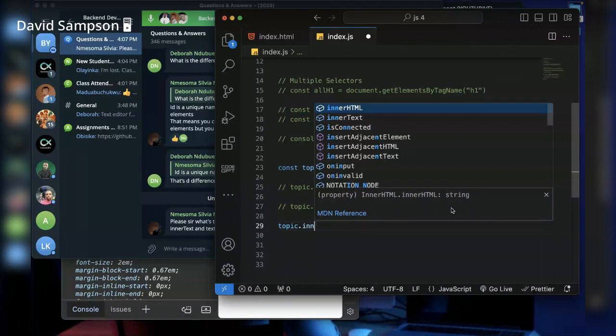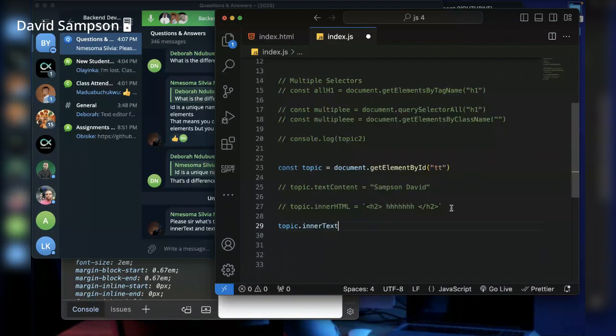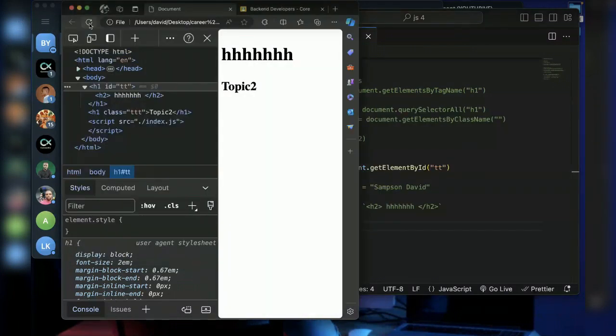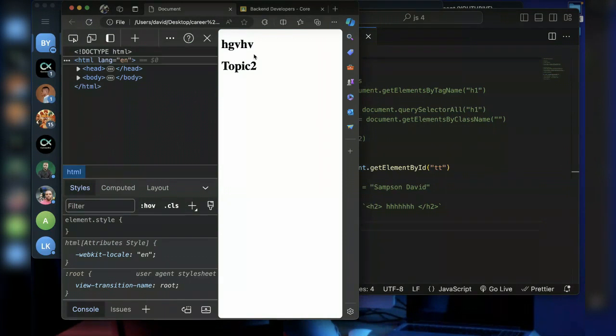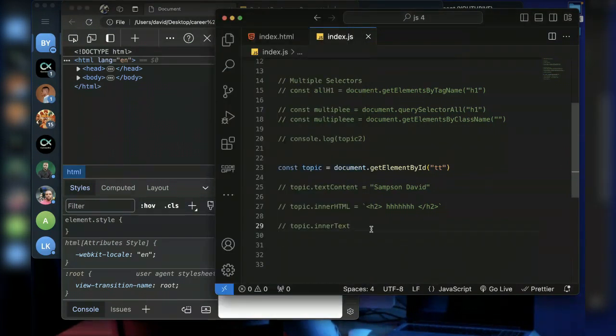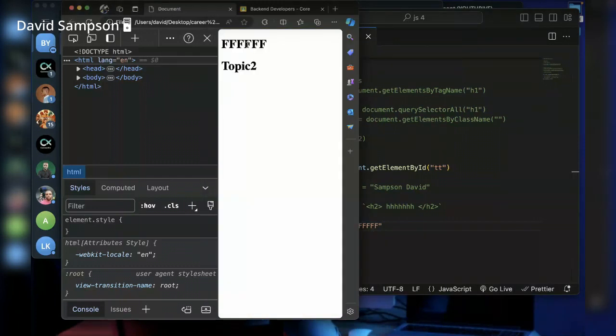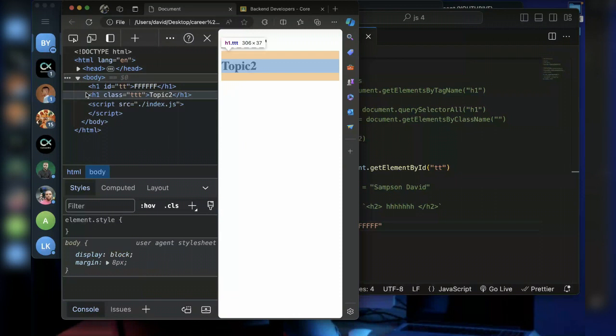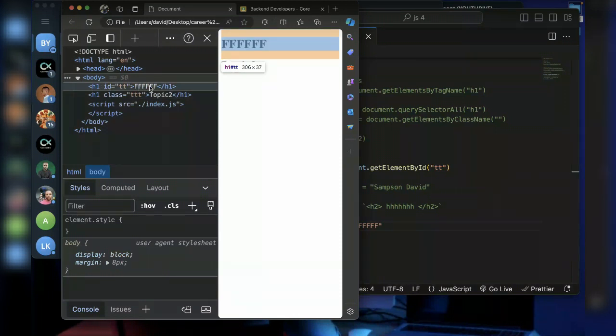I actually didn't show you that it's back. So let's see that it's actually back to what it was. So it's back to what it was. So I can change the inner text, assign it to be something like this. If I refresh this, you see that the inner text has also changed. And if you come here, you also see that the text has also changed.